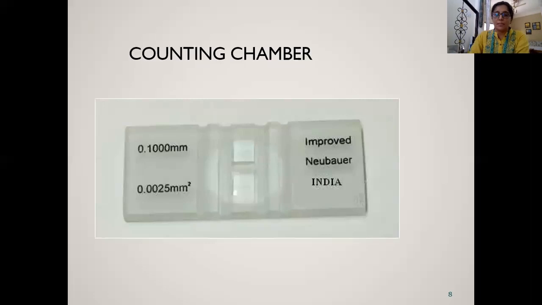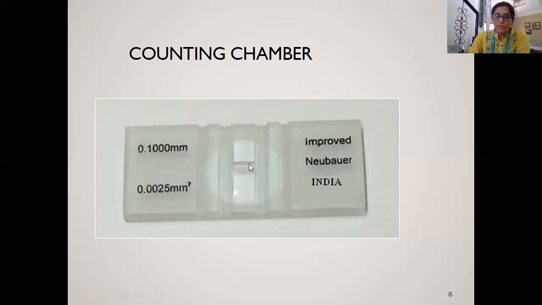So this is the improved Neubauer's counting chamber. You all can see this, and this is the part which is used to hold. It is a thick glass slide. These are the two counting areas. Each Neubauer's counting chamber has two counting areas, just in case we dirty or anyhow are not able to use one side, we can use the other. Here are the gutters 1, 2, and 3. In these three gutters, the extra fluid, if any, the blood and the dilution fluid, will flow down.